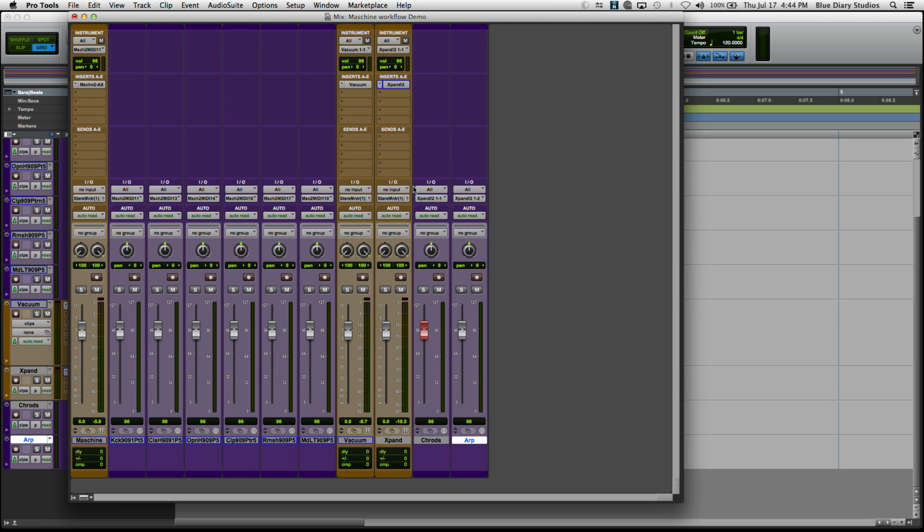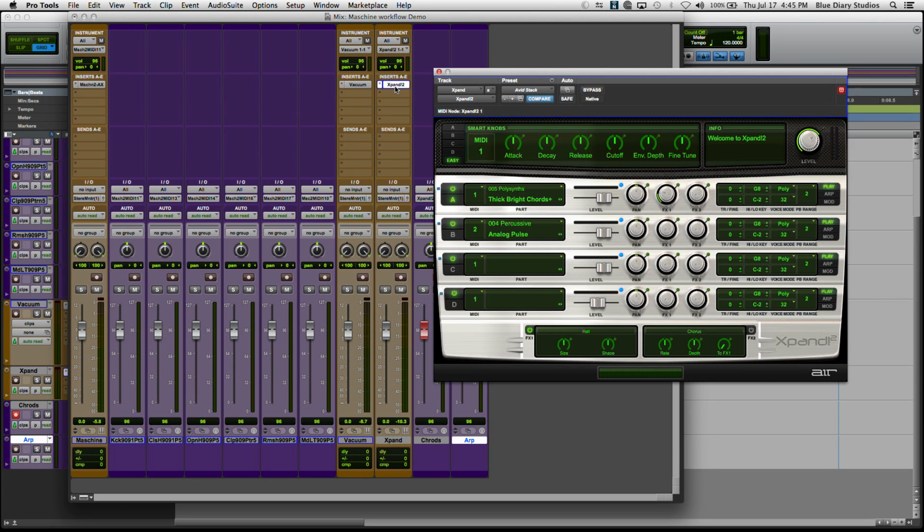correctly. You can see here, again, we're going to go right back to our MIDI I/O section in the mix window, and we're going to go to the output section here, and we're going to make sure that we choose Expand, and we're going to do channel 1 for the first channel, already selected there, and make sure that channel 2 is selected on the second one. And there it is, with the check mark by it, already selected and ready to go. So now I'm using one plugin, Expand 2, 2 different MIDI channels, and let's go ahead and quickly record a